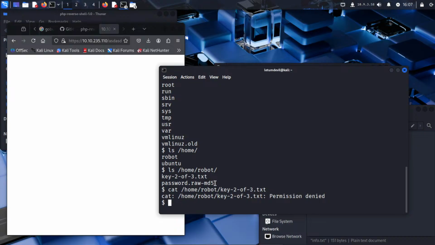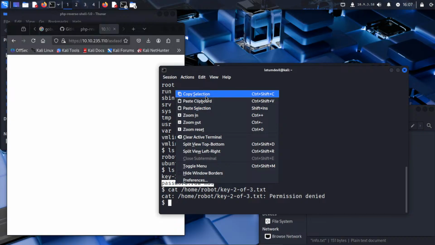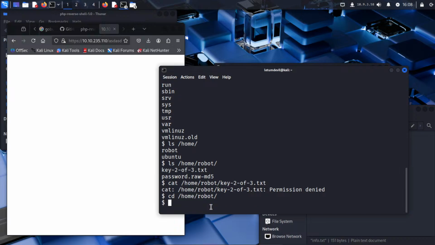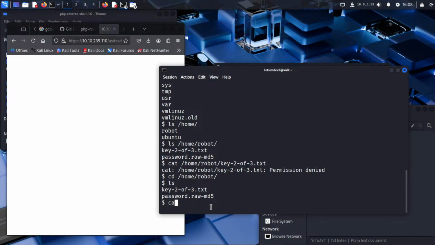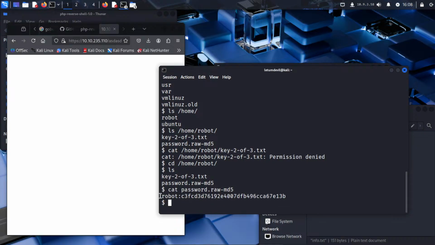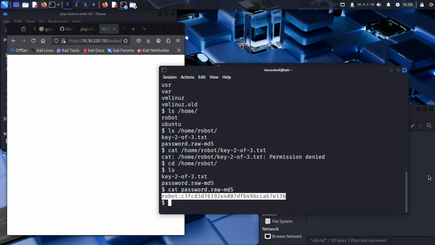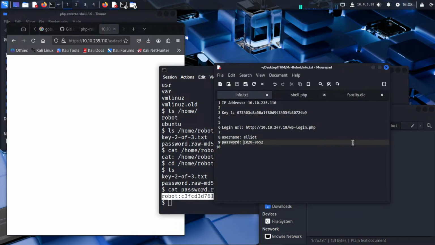Let's check the password dash raw dash md5. Copy. Before that, so that we don't keep typing home robot, let's change directory, cd slash home slash robot. Now all this. Okay. Cat this. Okay. Robot. Don't forget to copy this to our info.txt